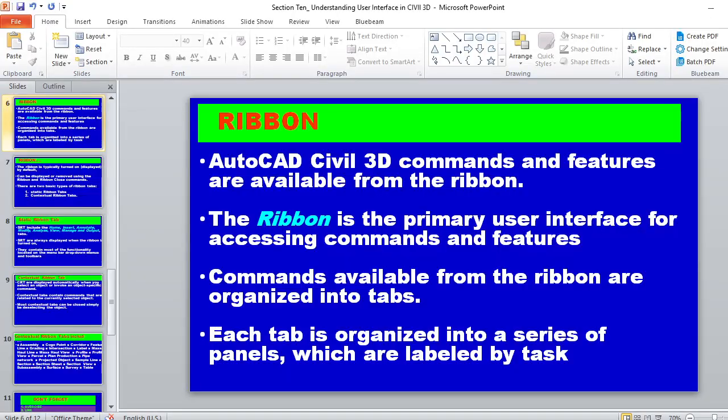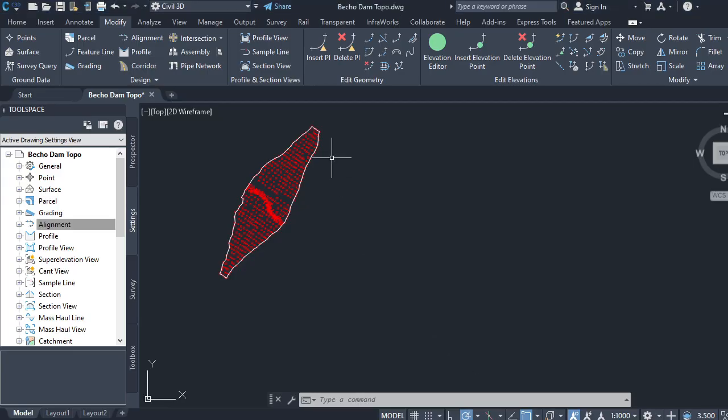Commands available from the ribbon are organized into tabs. These are called tabs. Look, for example, this is the design tab. This is the profile and section tab. This is the edit geometry tab. This is the edit elevation tab. Okay, these are tabs. So the tools or the commands are grouped under the tabs,